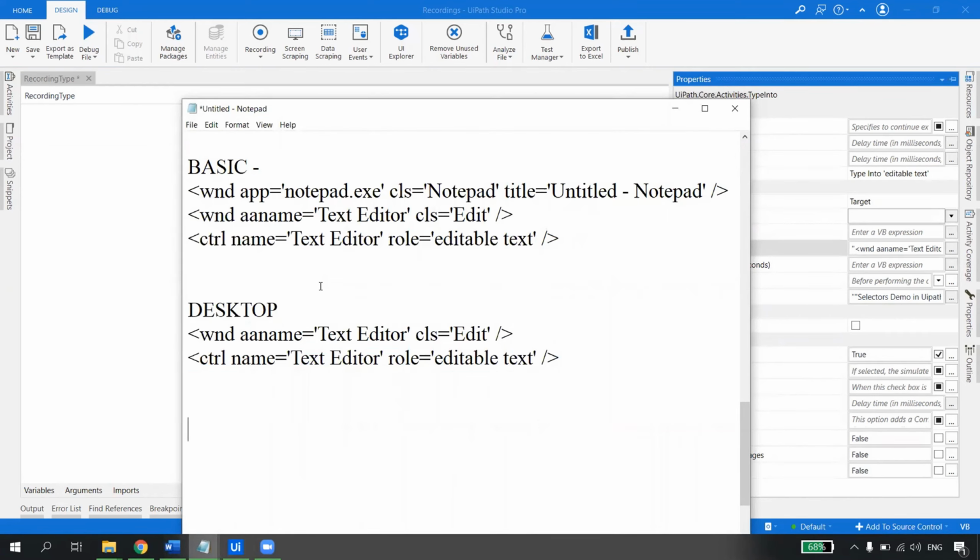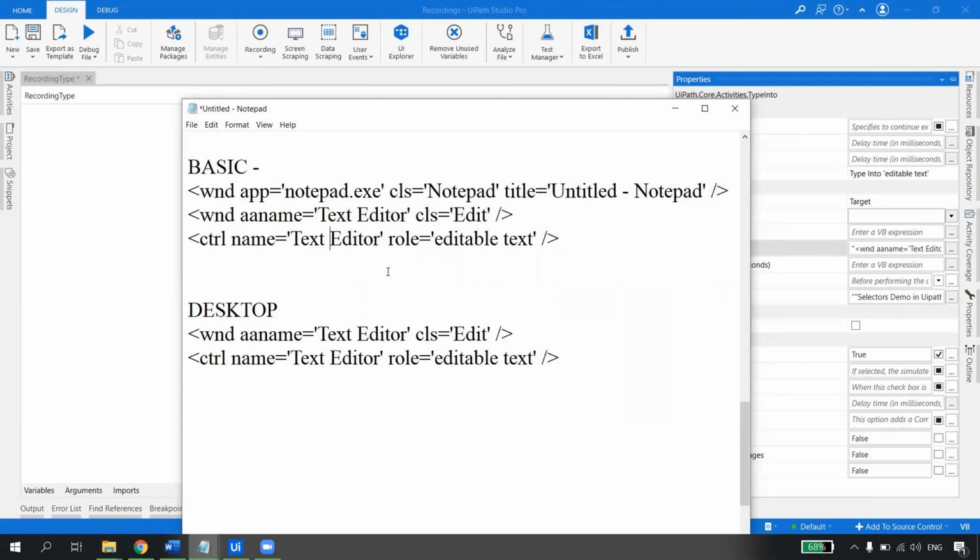You will always have a question: Mukesh, you have told me this is a basic selector and this is a desktop selector, now which one should I use? That depends on the implementation. See, what is this basic selector doing? This basic selector is giving you everything every time. Now tell me one thing, a random question, you are not expected to give any solid answer. Which one would be faster, the basic one or the desktop one?